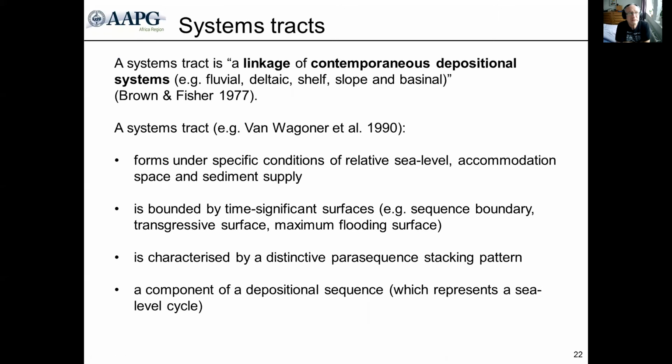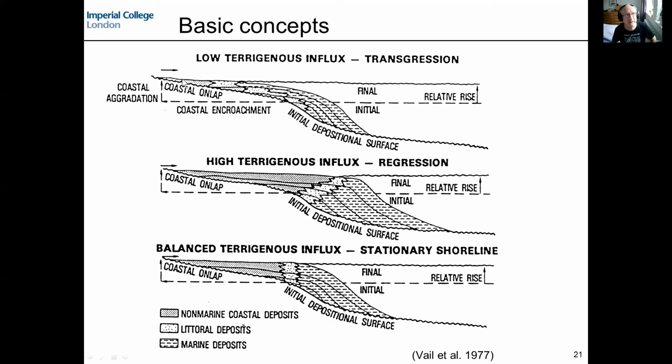Okay, by systems tracts, what do we mean? Well, a systems tract is a linkage of contemporaneous depositional systems. What that means is a series of depositional systems which are linked together at the same time. So if we go back to this diagram in here,